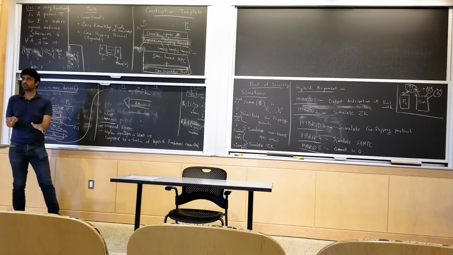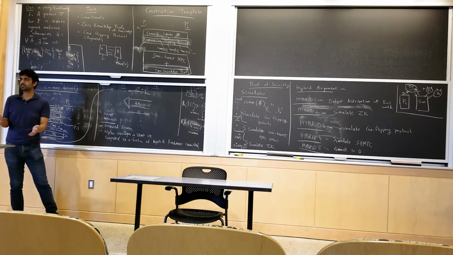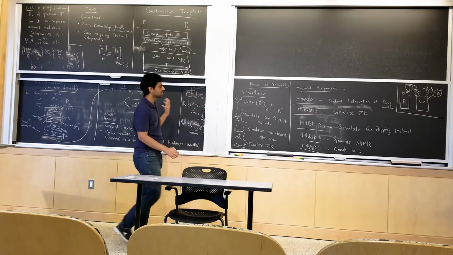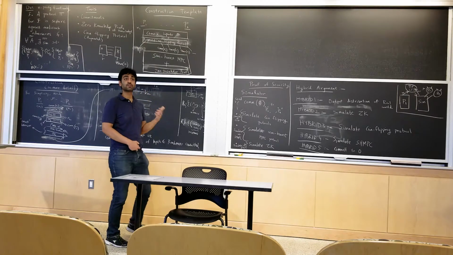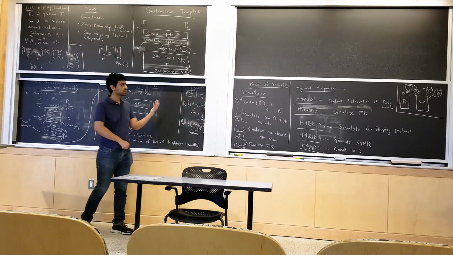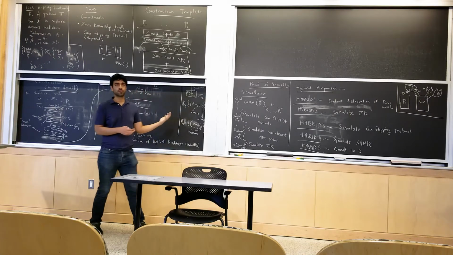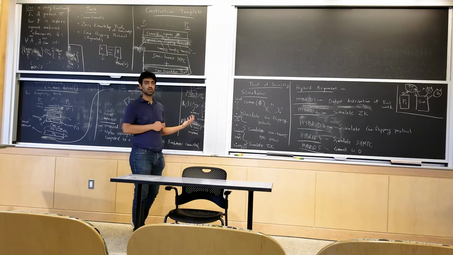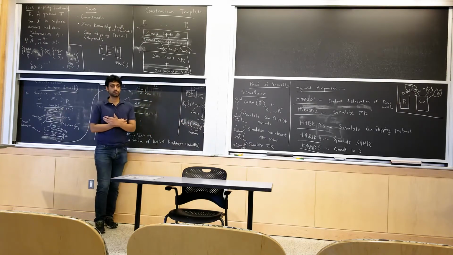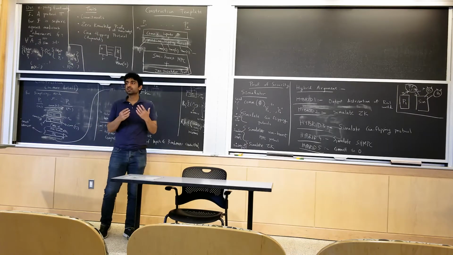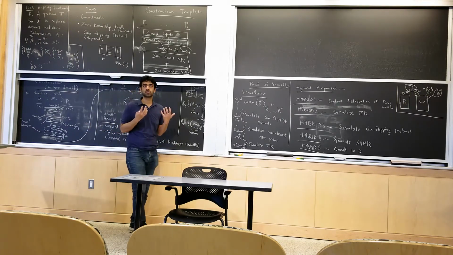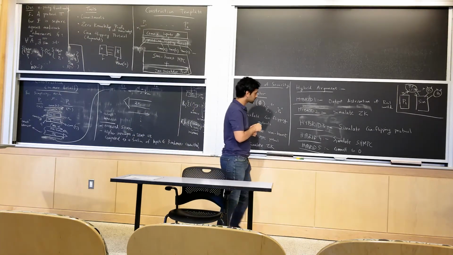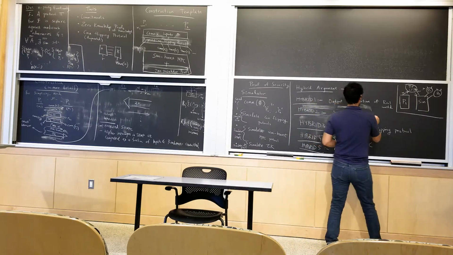Is everyone familiar with proof of knowledge? Please feel free to ask me if you're not. So what does proof of knowledge give us? It says that for every adversarial prover who can convince the verifier with overwhelming probability or some non-negligible probability, there exists an extractor who can extract a witness from the prover. As you can see, this is stronger than the traditional notion of soundness for zero knowledge. So here itself, what you can do is extract.